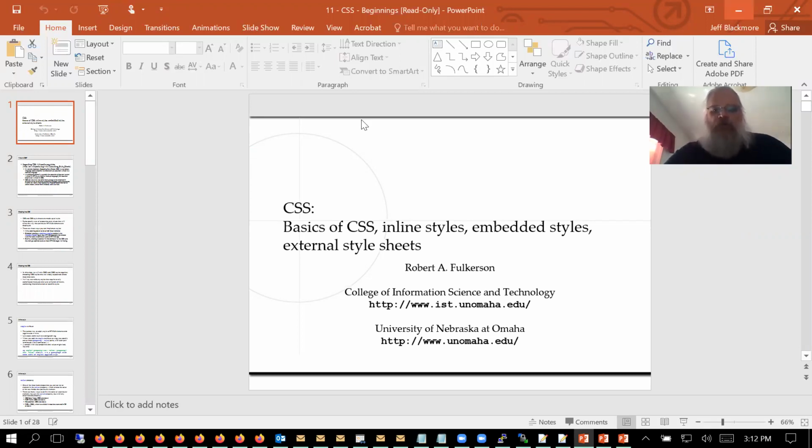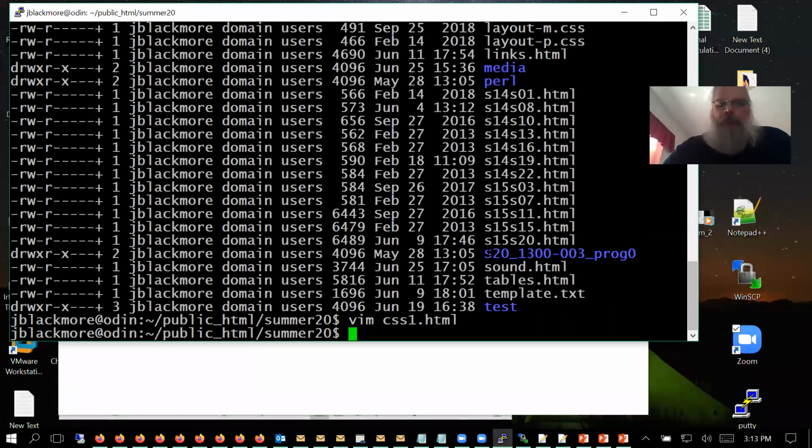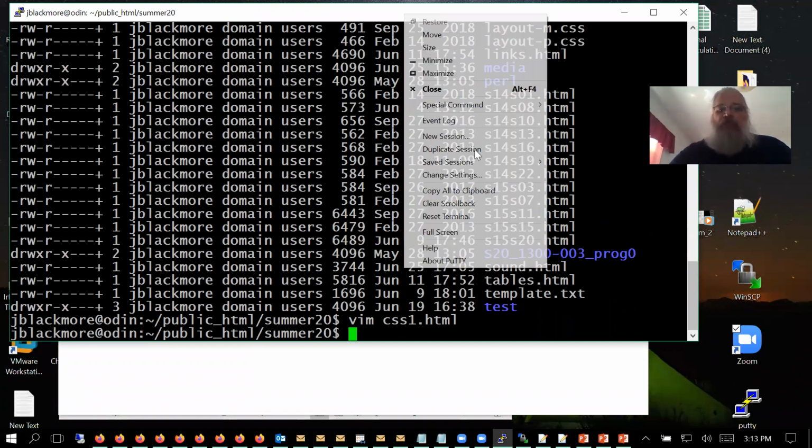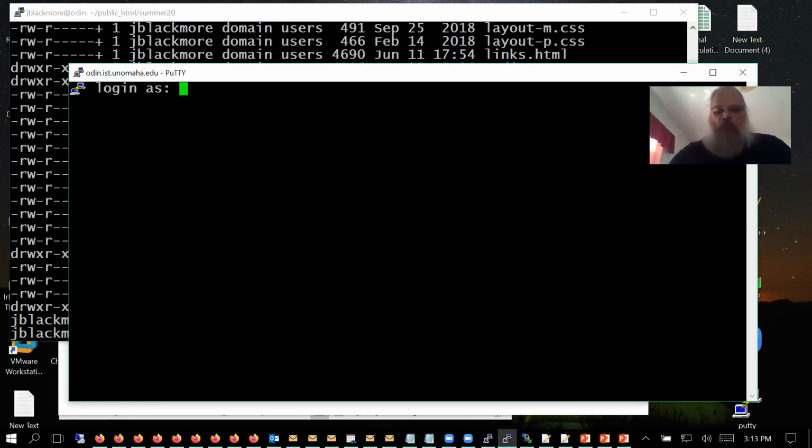Actually, while we're talking about windows being open, when you're working on CSS files, if you're not doing inline, it's often nice to have a second window open so that you're doing the CSS file in one window and your HTML code in another. All you have to do is get up here in the gray bar, right click and say duplicate session and fill in your,